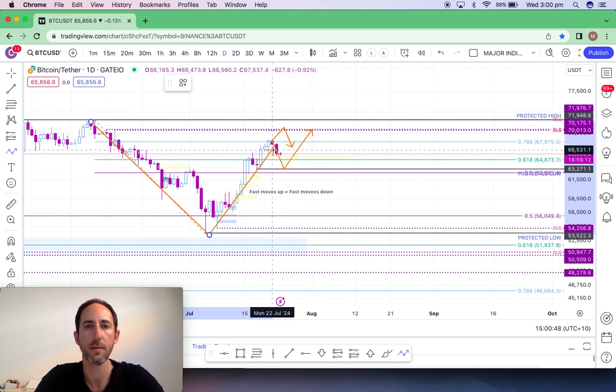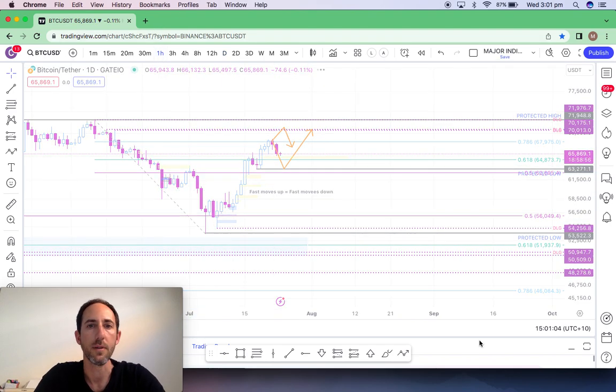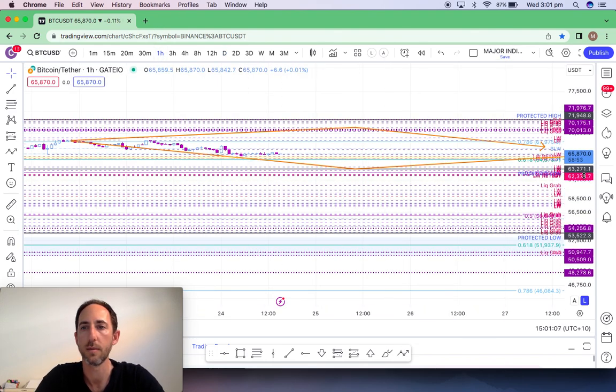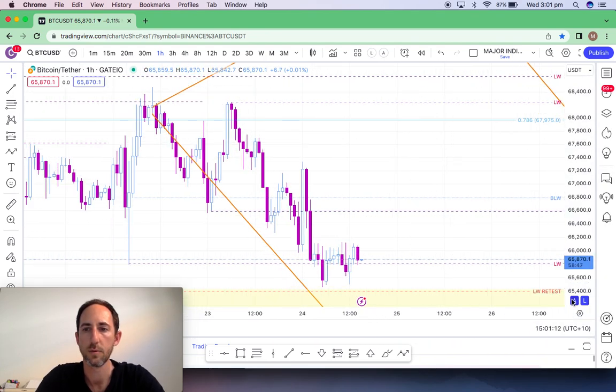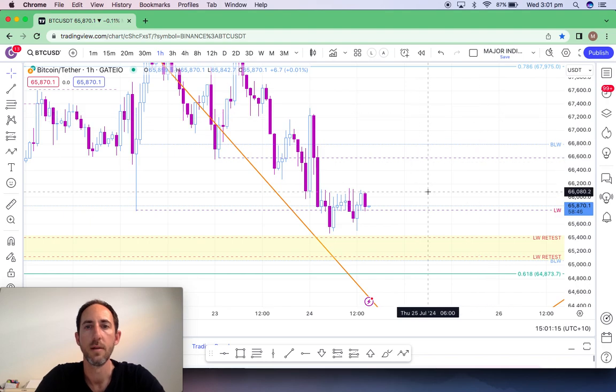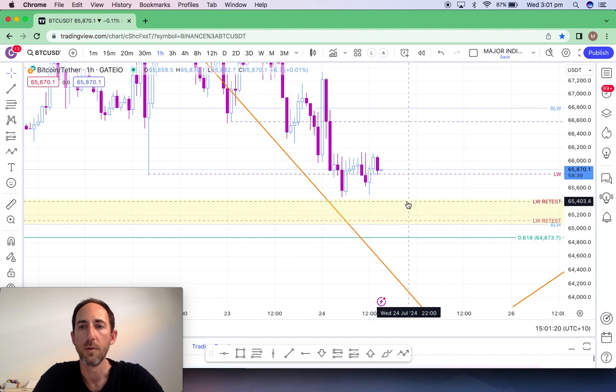But I've priced myself in to a short position as well as a long, in case it shot off to the upside. But on the hourly, we've got some sell side liquidity through here. This is the imbalance that we measured up. We've got a liquidity retest at 65,400. We've got a liquidity retest at